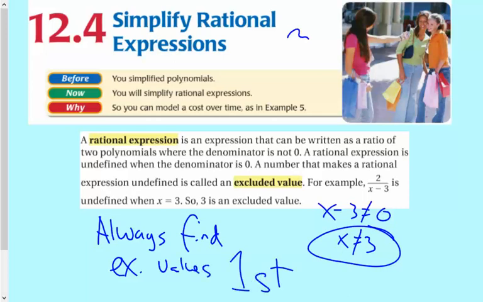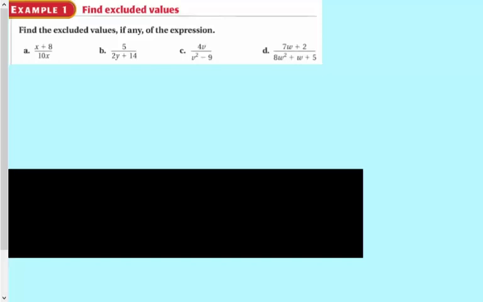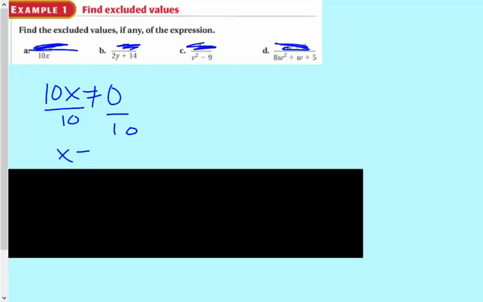All right, let's practice this with a few problems. Don't even look at the numerator. The numerator does not matter for any of these problems at all. We just want to find the excluded value. So we're going to set 10x equal to 0. 10x cannot be 0. Divide by 10, divide by 10, x cannot be 0. For the second one,